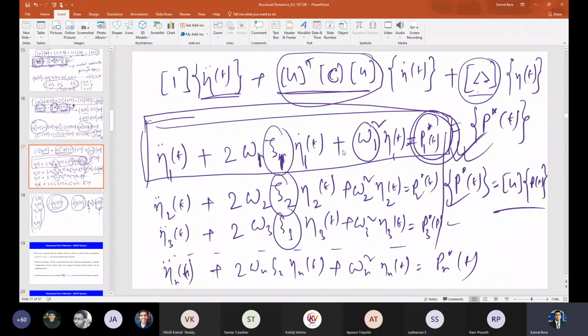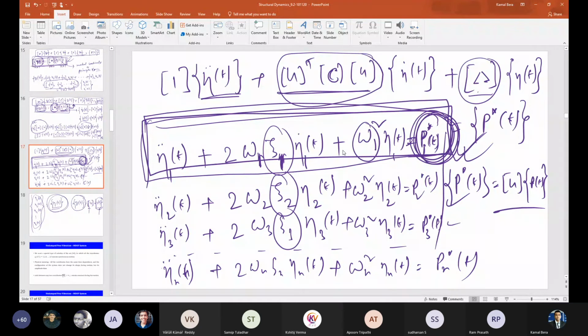So now tell me, to solve this equation, if you want to consider only the steady state response, then you can ignore the transient response part due to the initial condition. But let's say the right hand side force is not there, so then it's a damped free vibration problem. Then you need the initial condition. Initial condition of what? Initial displacement and velocity. Of what coordinate? Which coordinate do you require to solve this equation?